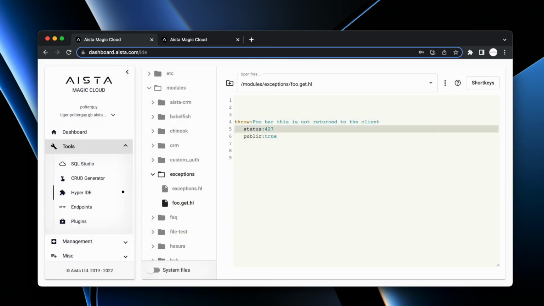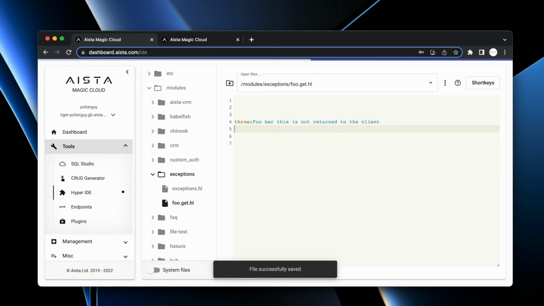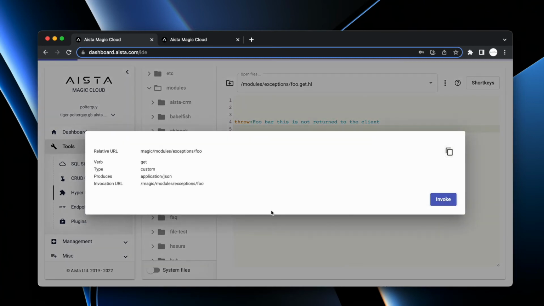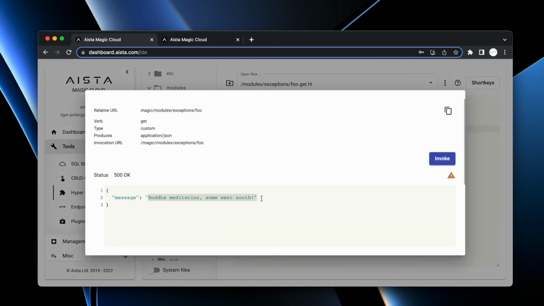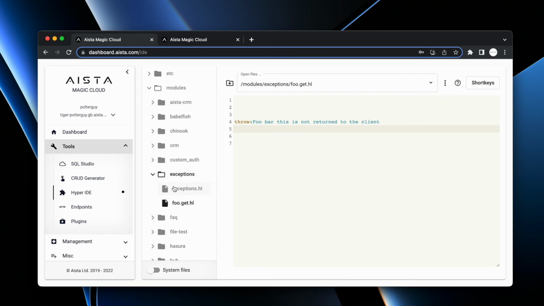actually we're having a public true. Let's avoid having the public thing. We will see Buddha meditation, something went south. Because we have now overridden on this folder level the default exception handler that is being invoked if an unhandled